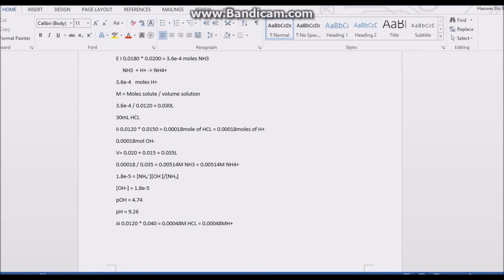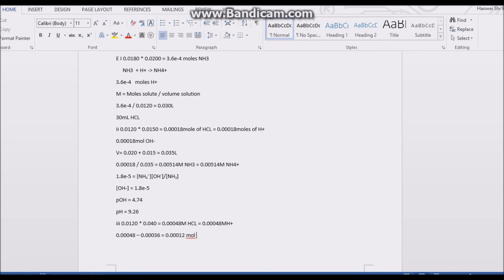So we're going to subtract: 0.00048 minus 0.00036, that's 3.6 times 10 to the negative 4th, which equals 1.2 times 10 to the negative 4th